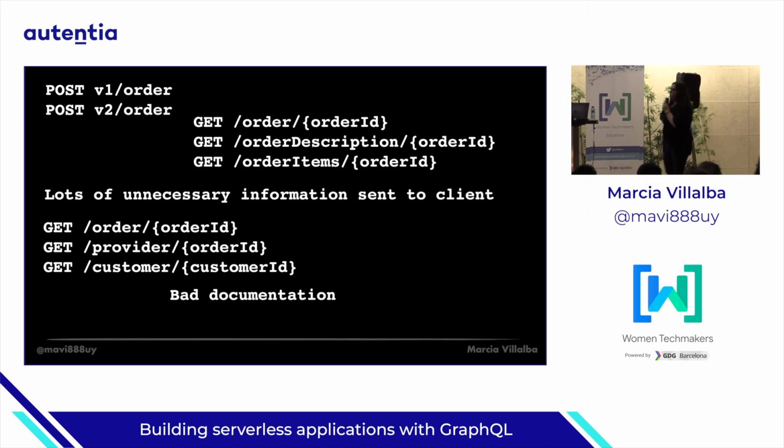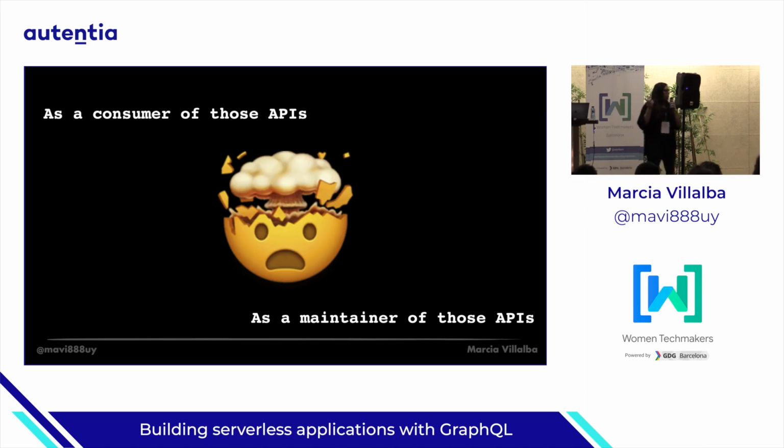So yeah. Have you seen bad documentation in your APIs? What are the headers? What am I getting back? I don't know. Sometimes the object that is coming in one response is different from the object I get from a different response. So it's kind of hard if the APIs are not properly written. Sometimes consuming and maintaining those types of REST APIs makes your head blow into pieces. If you're a consumer, you don't know how long those APIs will be maintained.